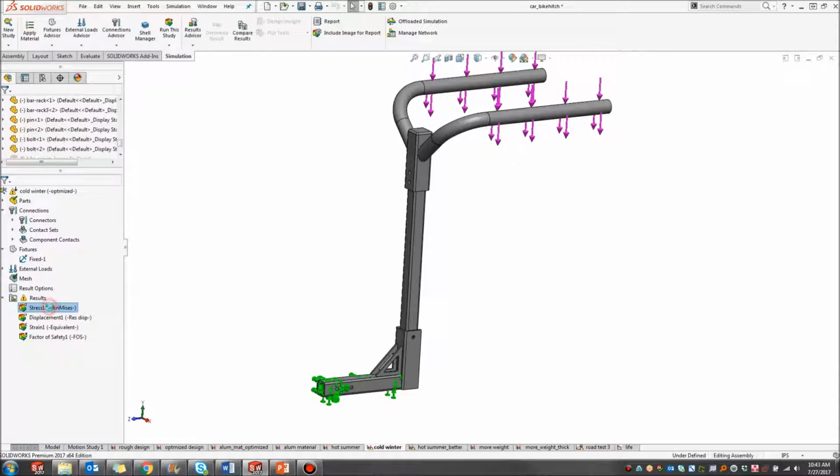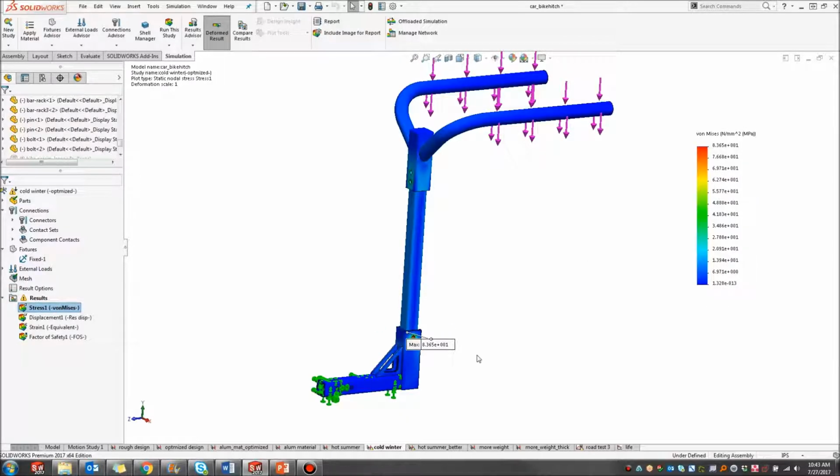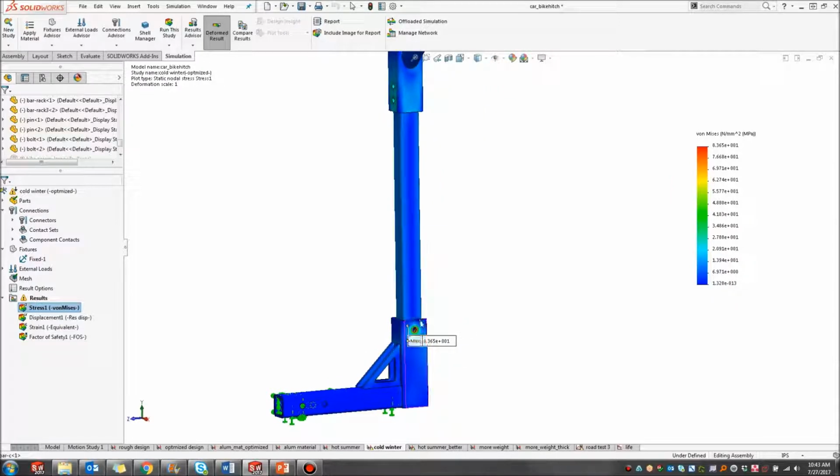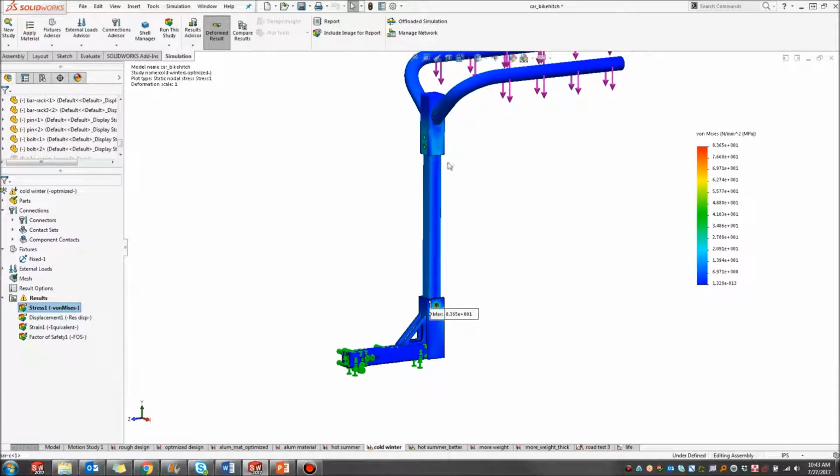Now the results for this we'll take a look at. The stress value is similar, in the area of about where the pins interact with the model. A little bump in stress due to the cold interacting with the material and how that affects the integrity. A slight bump there. And we'll take a look right at the factor of safety to make sure it is